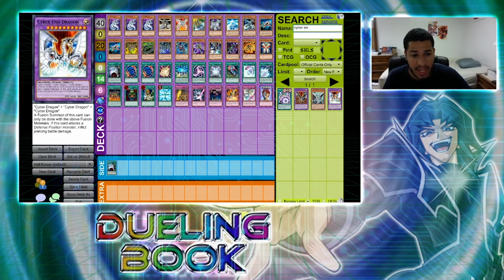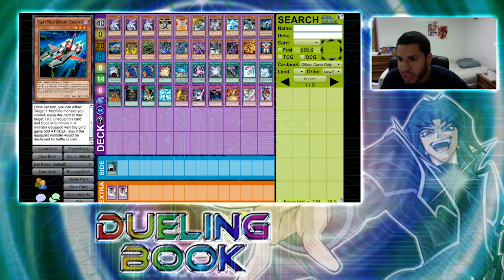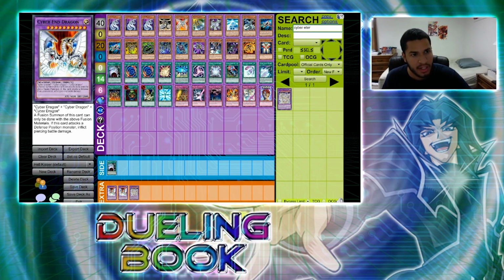Yeah, so he actually owns 2 copies of Cyber Dragon, so you can add 2. He owns 2 of that. He also owns the new support card Cyber Eternity Dragon. So this is cool because this is kind of like the opposite of Cyber End. Cyber End is more offensive, and then Cyber Eternity is defensive. If you notice, Cyber End has 4,000 attack and 2,800 defense, while Cyber Eternity, the attack and